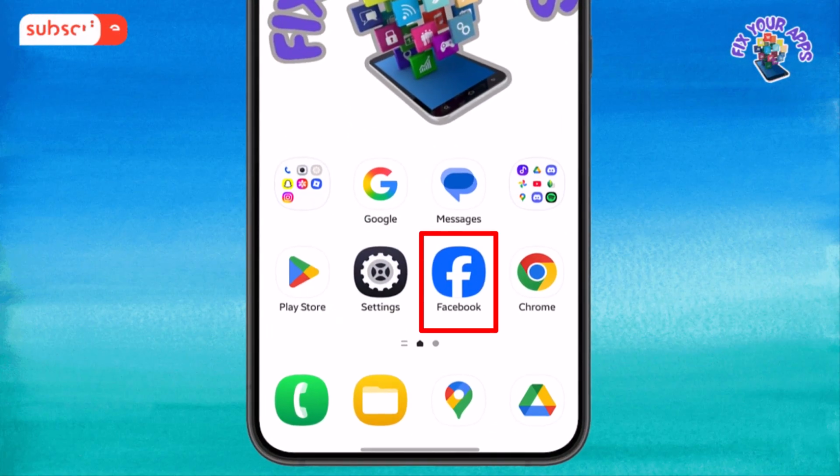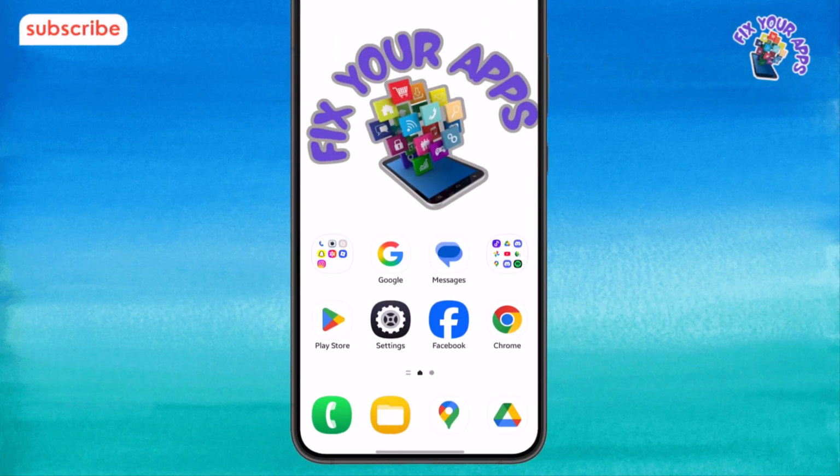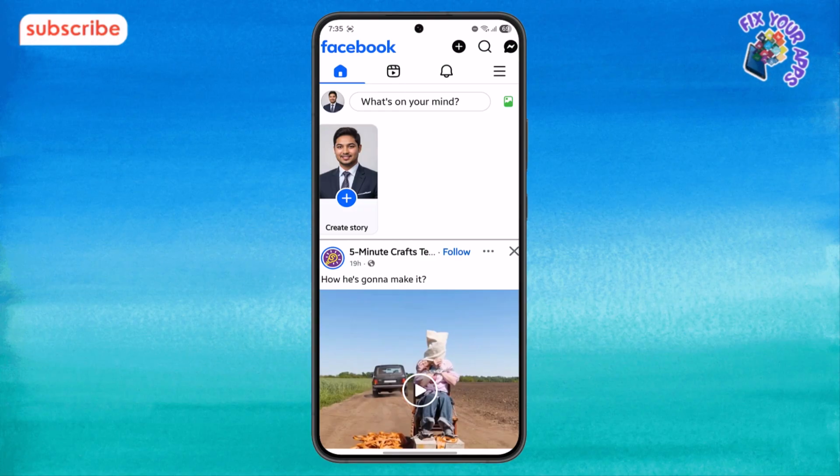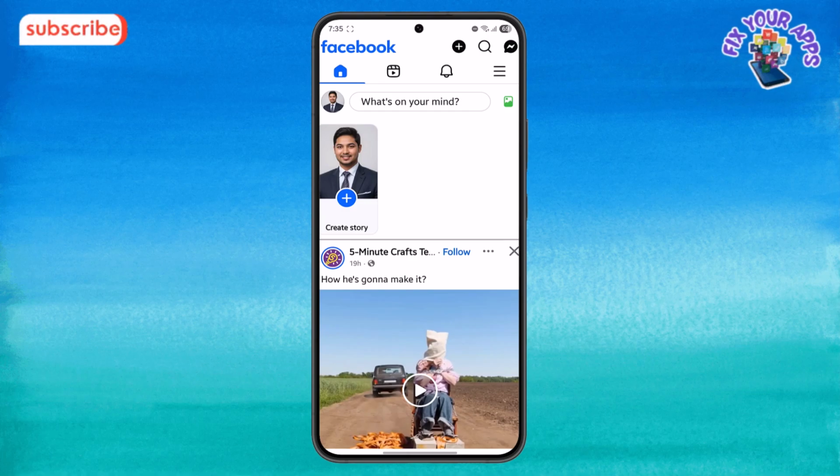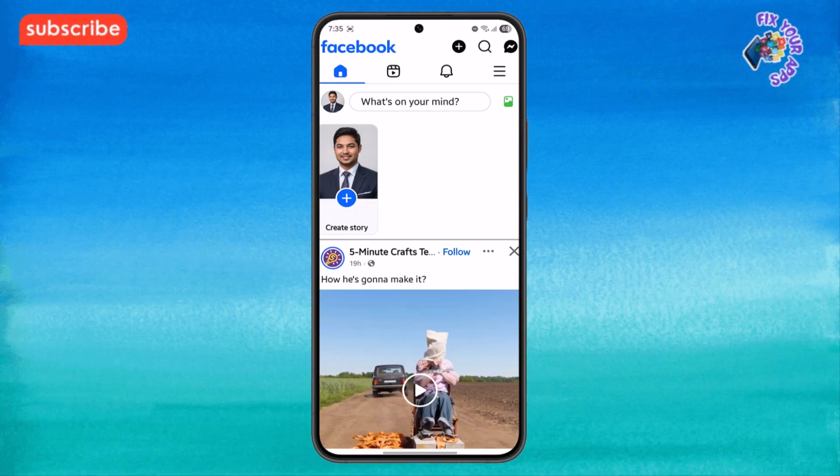First unlock your phone and open the Facebook app from your app drawer or home screen. Then log in to the account that manages the page. This step is important because page settings and details are only visible when you are signed in with the correct